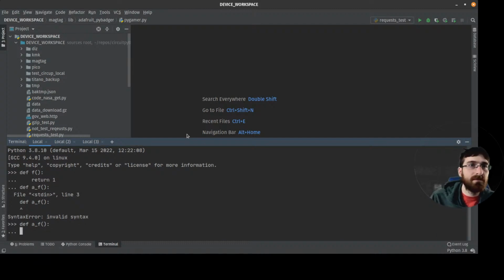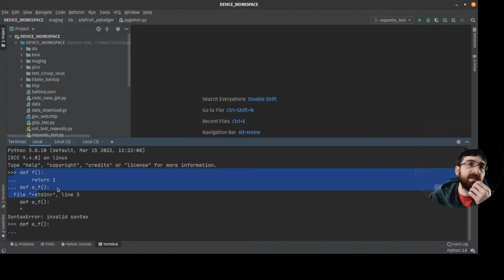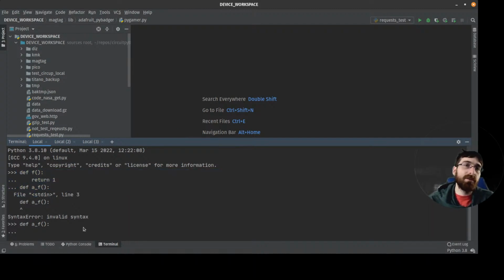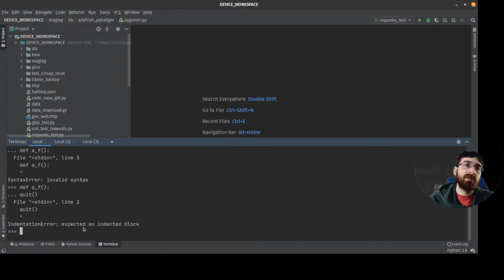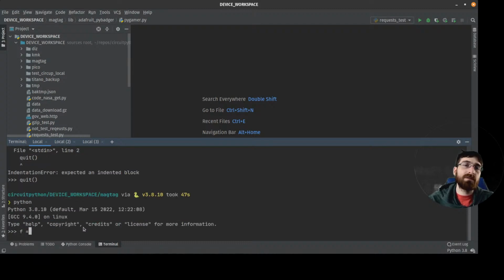What? Oh, it was still inside of the first one. Gotta give it another blank line. It doesn't know that return is the end. All right, let's do this here. Let's restart this.